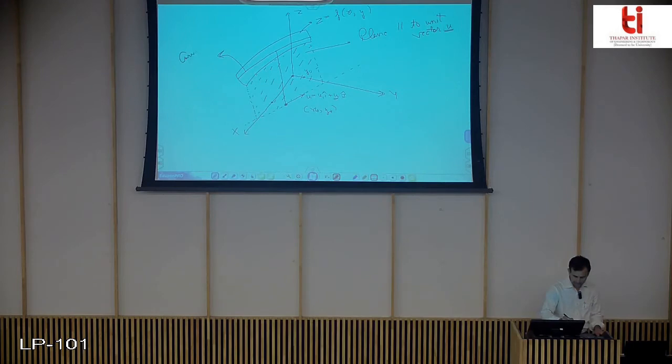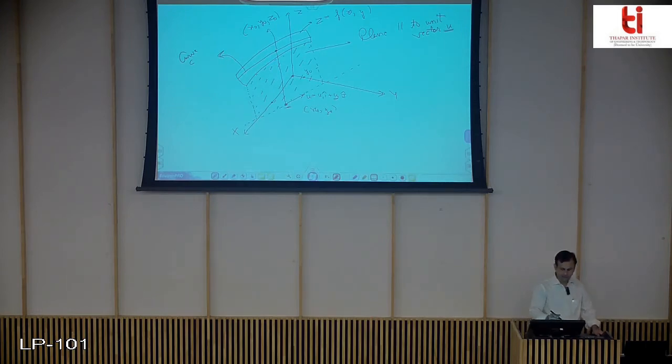This is the curve C, obtained by the intersection of your plane that is parallel to unit vector and also passing through point x naught y naught, and corresponding to this point x naught y naught, here you have your x naught y naught z naught point. So this is the only difference. In case of partial derivative, you take a point through line y equals to y naught, and that intersects the surface. Here you have a plane that is parallel to unit vector and that intersects the surface.